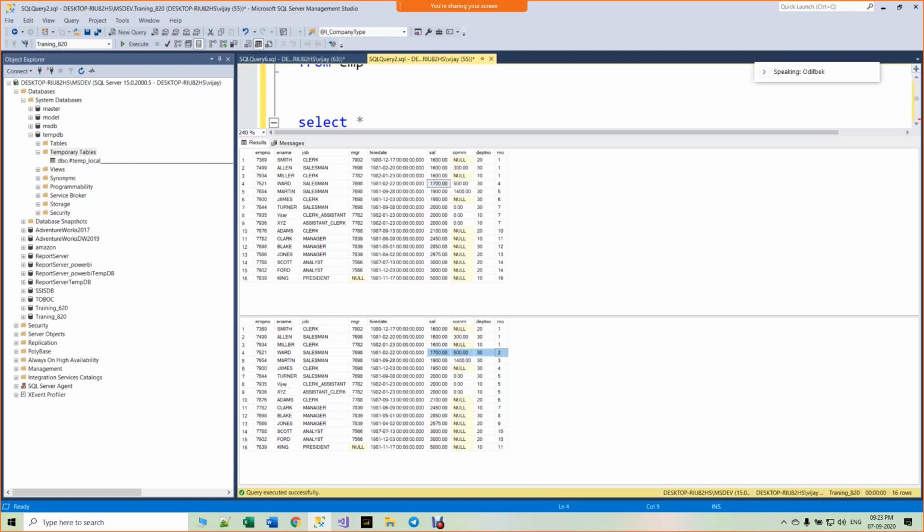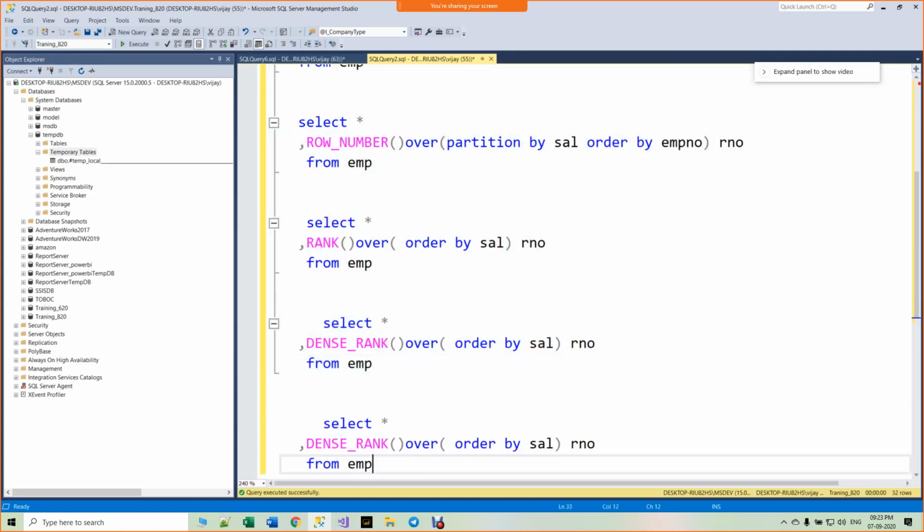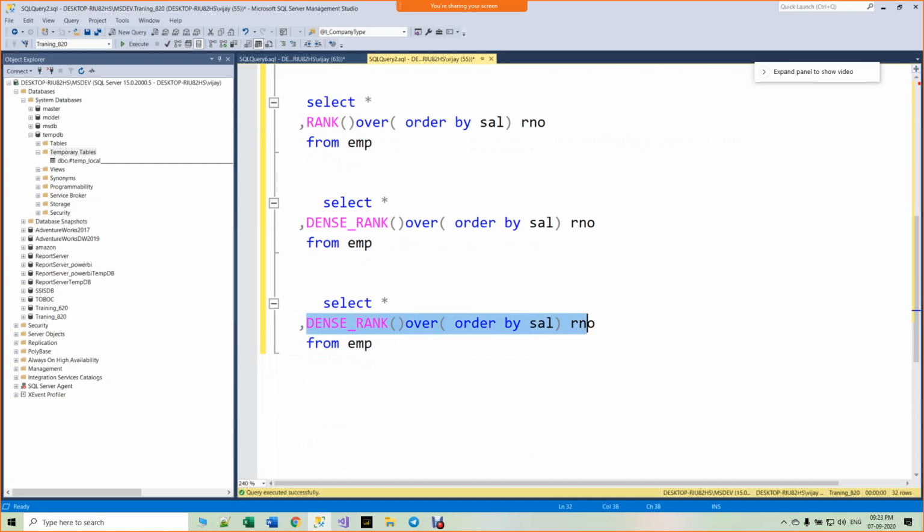This is one of the entry questions. Okay, next one more concept called ntile. Ntile is very simple, not so complicated. If you put ntile here, it will break the data set into the given number of parts.